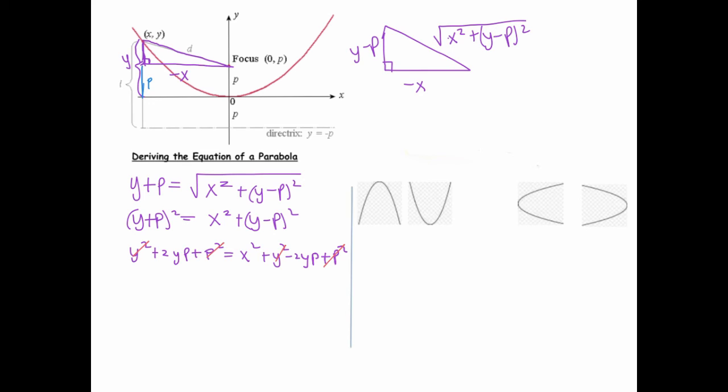So I'm going to add 2yp to both sides. So now I've got 4yp is equal to x squared. And that just means if I solve for y, that y is equal to 1 over 4p times x squared. So what we found is an equation for a parabola whose vertex is at the origin, and you can see